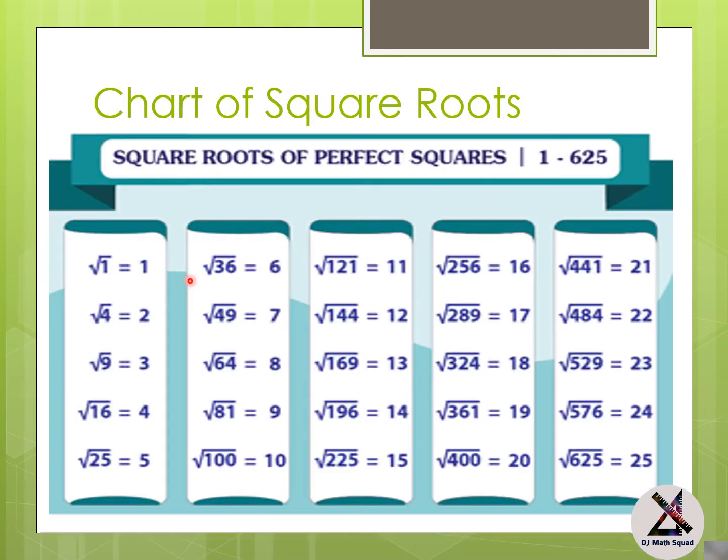Then I've given one chart of square roots here: square root of 1 is 1, square root of 4 is 2, square root of 9 is 3, square root of 16 is 4. Like this, I have taken till square root of 625, which is 25. In the earlier video, you have done finding the square. There you saw yourself that square of 25 is 625. That's why square root of 625 is 25. They are both interrelated to each other. And I will advise you to learn this because it will help you in solving the sums.